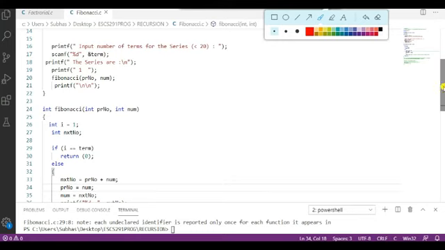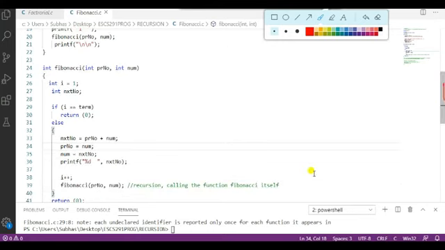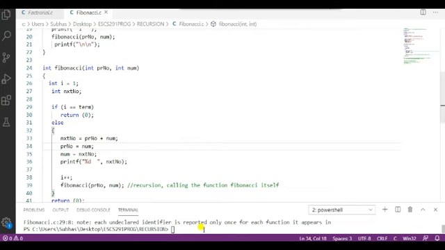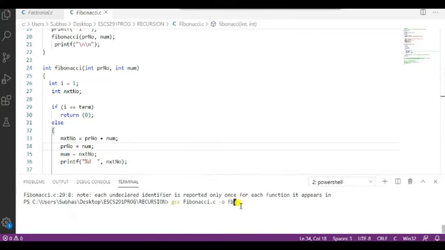So let me execute this code. The name of the file is Fibonacci.c. Let me write gcc Fibonacci.c -o fb, where -o is the output file and fb is my new file.